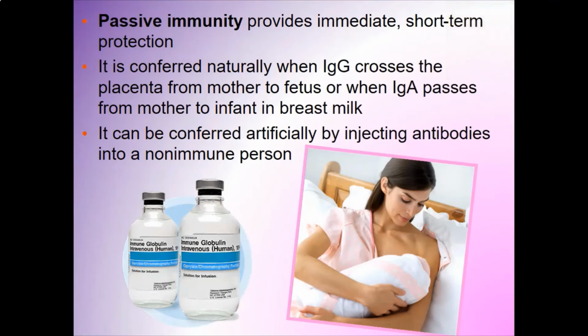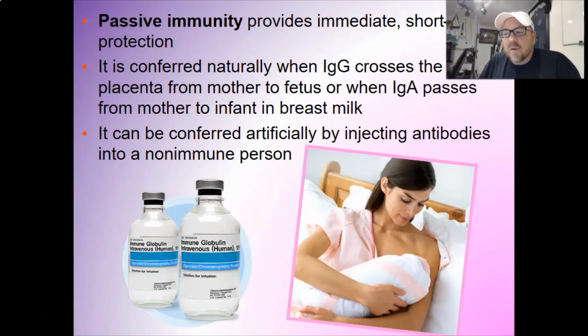You can also get artificially conferred antibodies, right? So you can inject them into a non-immune person. Like I said, I'm recording this during the coronavirus pandemic of 2019, 2020. And what's going on is a lot of people that already beat the disease, right? They already have antibodies circulating throughout their blood. So what a lot of scientists right now are researching is, hey, can't we just take that person's blood? Okay, and there's really cool ways I'll talk about in a second to get the antibodies out and things like that. But